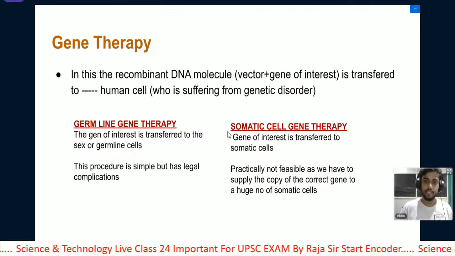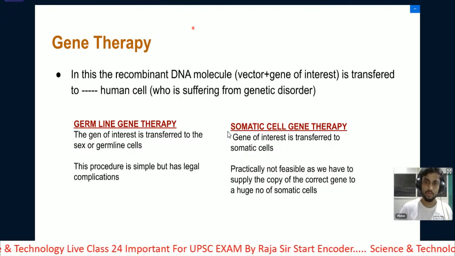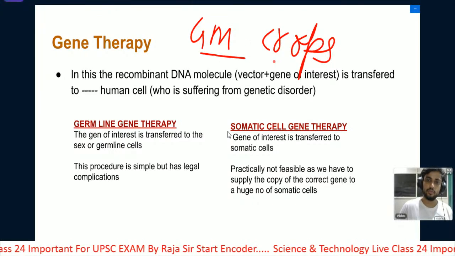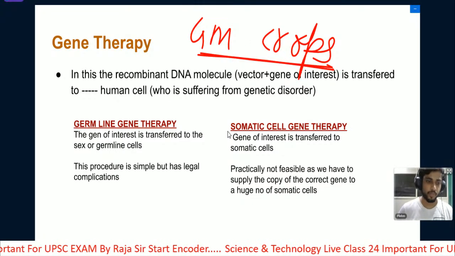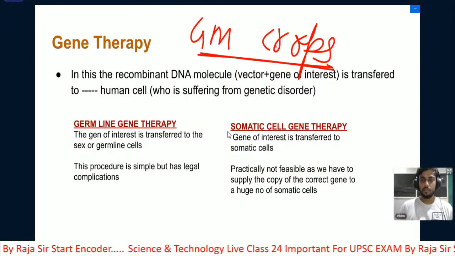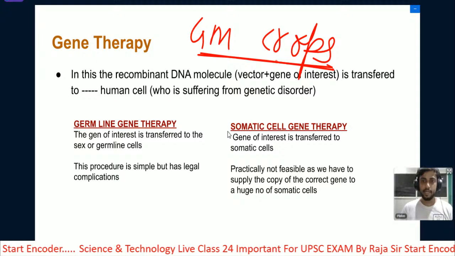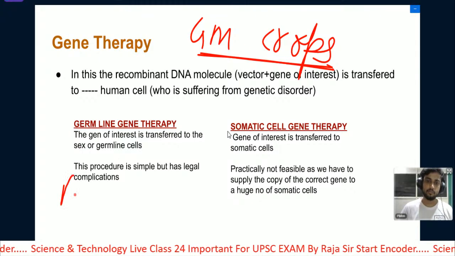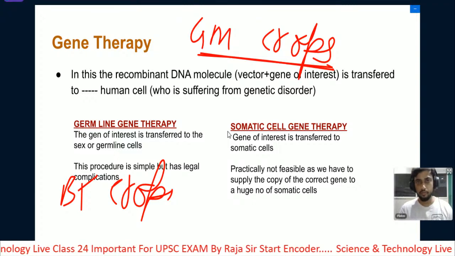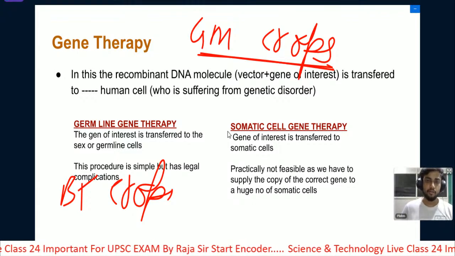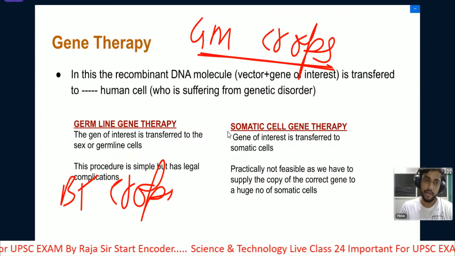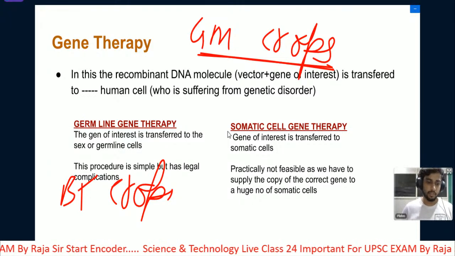In fact, in all the GM crops, we are using genetic engineering. So BT cotton is one type of genetically modified crop. BT crops is also a wider category, and within the BT crops we have the BT brinjal, we have the BT cotton. Okay, so BT crops is a broader term,